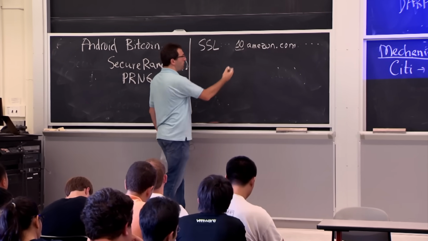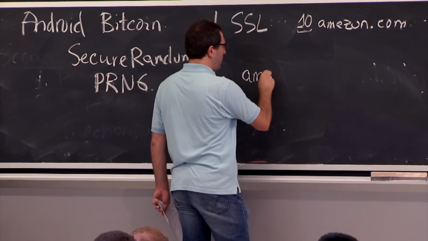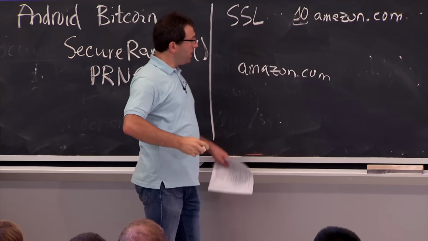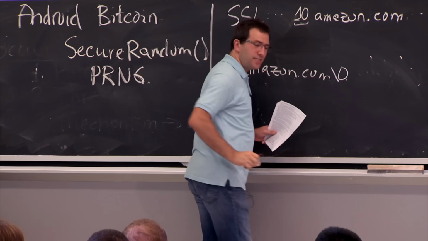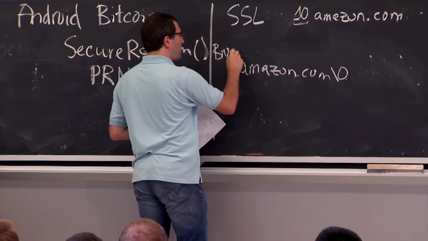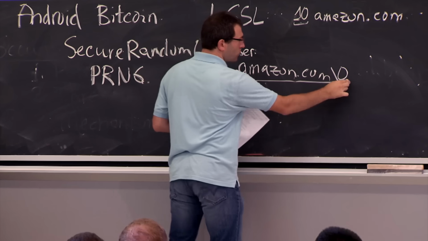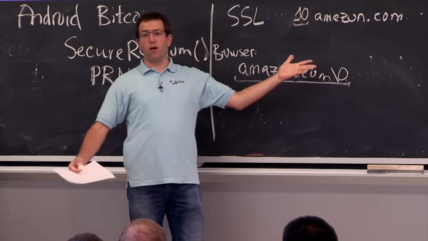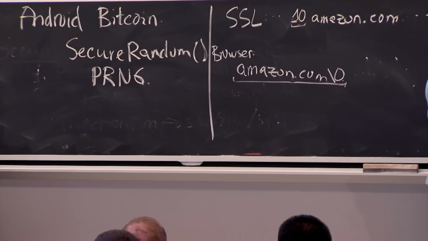And when a browser takes it, well, the browser is written in C, and the way C represents strings is by null terminating them. So in C, a string doesn't have a length count. Instead, it has all the bytes, and the end of the string is just the byte 0. In C, you write it with a \0 character. So this is in memory in your browser. Somewhere in memory, there's this string of 11 bytes now with an extra 0 at the end. And when a browser interprets the string, it just keeps going until it sees an end of string marker, which is the 0 byte. OK, so what can go wrong?